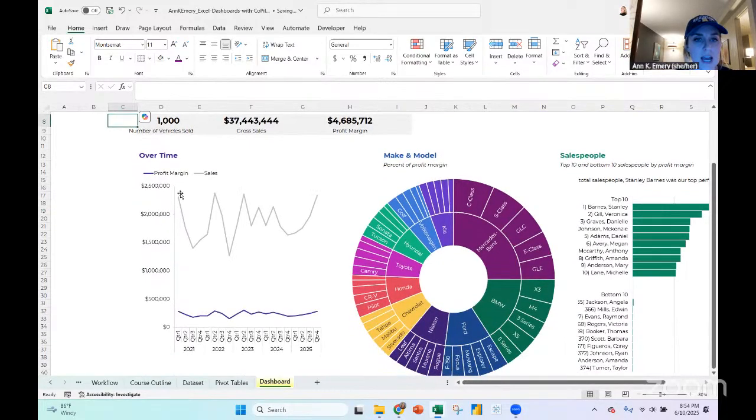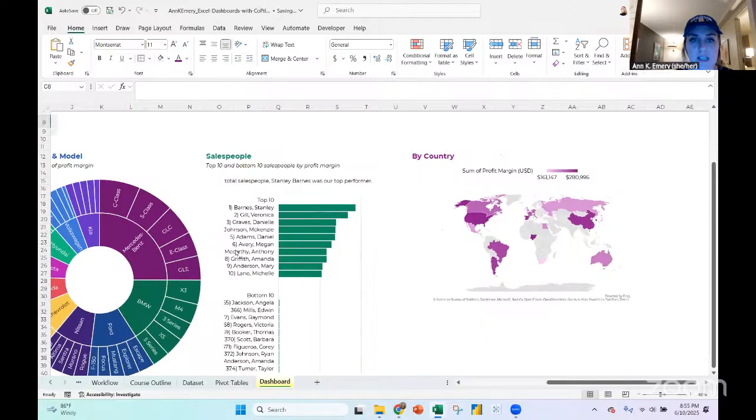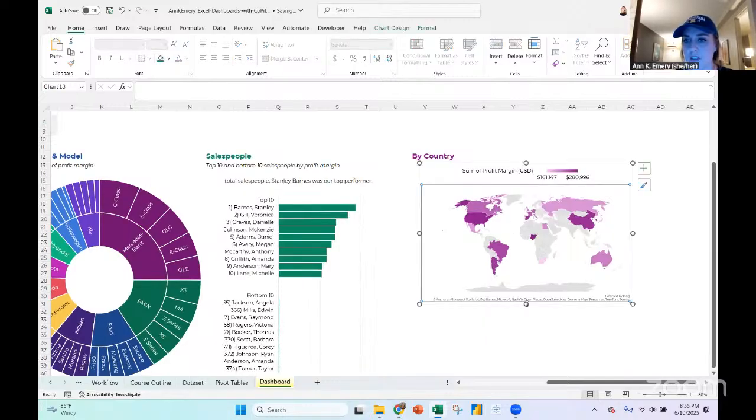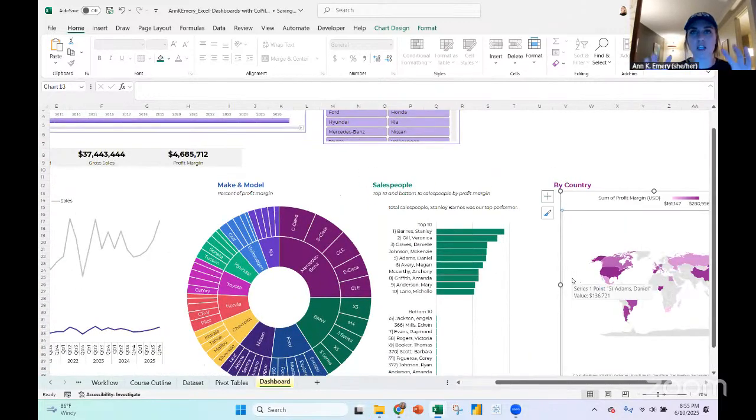We've got an overtime graph where I put profit margin and the sales in together, and a sunburst of the make and model, like which one made the most profit, the salespeople by profit margin, the country by profit margin. So yeah, what I'm still playing around with is figuring out if these are the chart types I'm going to keep,